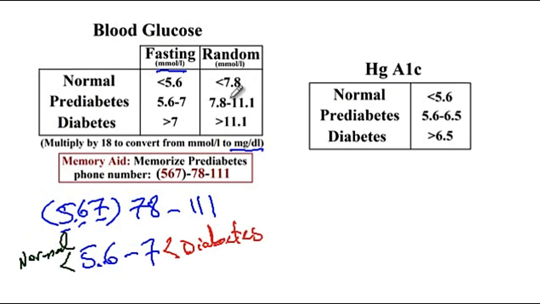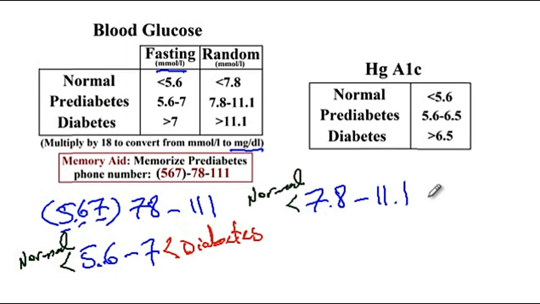And then for the random blood sugar, the next values come in. So 7.8 up to 11.1 would again be the pre-diabetes number. So any values that fall in this range are considered pre-diabetes. Values that are less than 7.8 are normal, while values that are more than 11.1 random blood sugar are considered